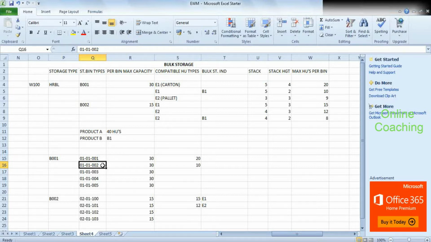Okay, but just assigning the behavior of a storage type as bulk storage would not suffice. You'll have to create a bulk storage structure. Either I create a bulk storage indicator, and then for every storage bin type and HU type that is compatible with that bin type, I say what is the maximum number of HUs that I can place in a bin. So if I've got, let's say, an HU E1, which is a carton, then in that case, if it has to come to B001,